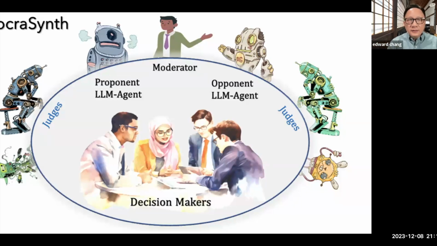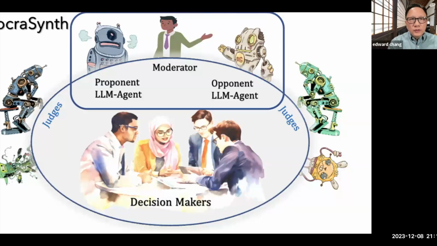And at the end, if the debate is converging, the moderator can ask both agents, do you have more arguments to make, or are you ready to make concluding remarks? And the agent can say yes or no. And the moderator can say, okay, if you are ready, start making concluding remarks. And you see judges sitting on the side, who are going to evaluate this debate, the quality, validity, credibility, and so on and so forth. And this is the second phase we call the evaluative phase.